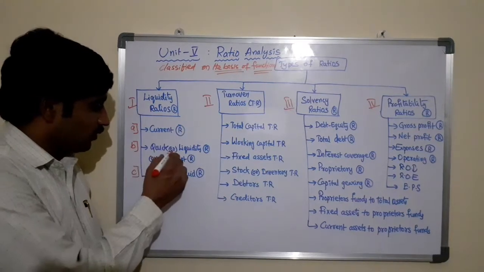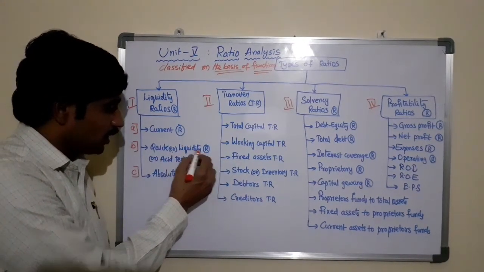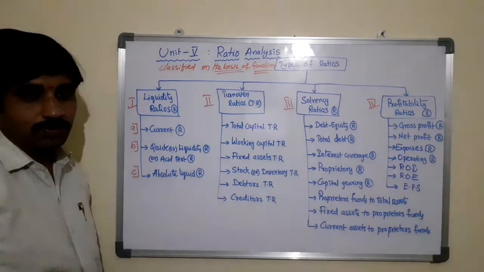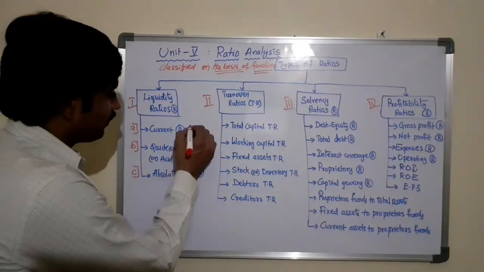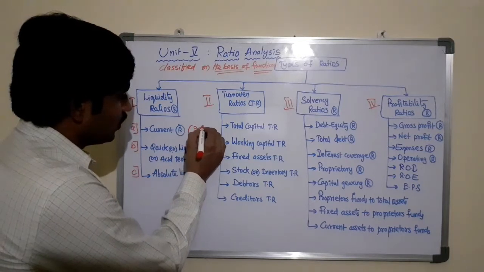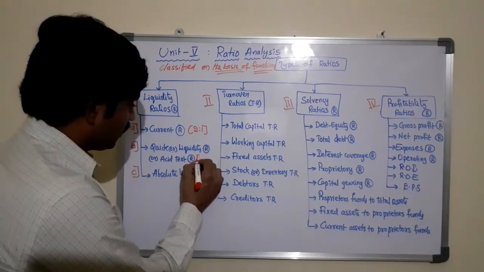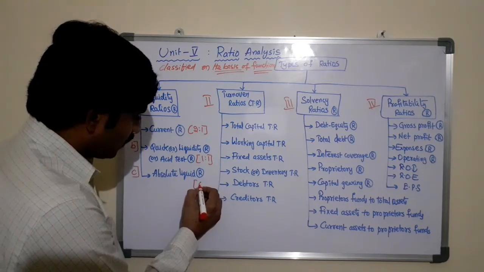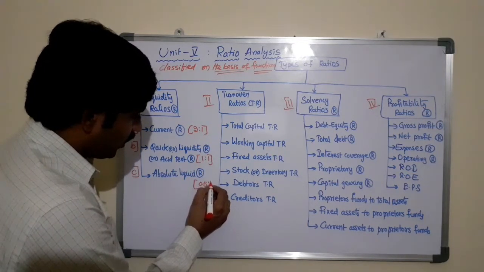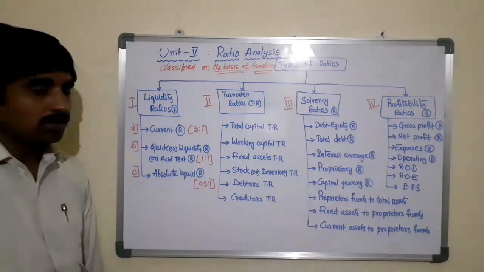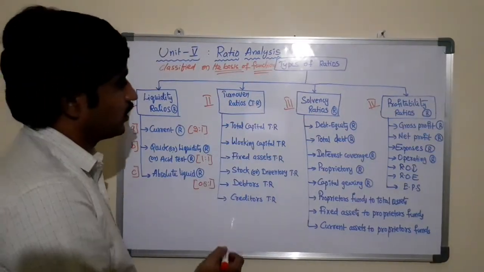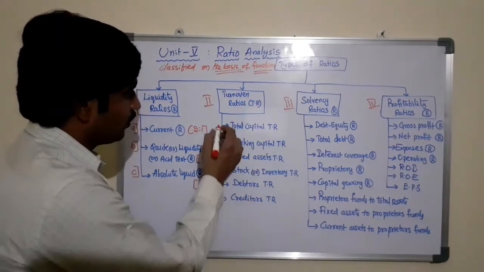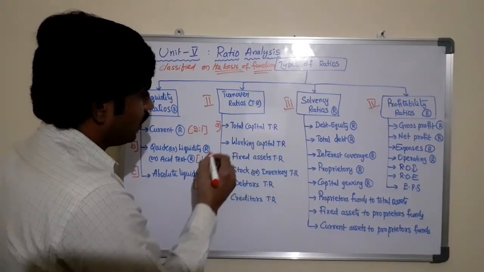Current ratio is also called the liquidity ratio, and quick ratio is also called the acid test ratio. So the standard of current ratio is 2:1, the acid test ratio 1:1, and the standard of absolute liquid ratio is 0.5:1. And coming to the turnover ratios, the turnover ratios are also classified into these many ratios, such as total capital